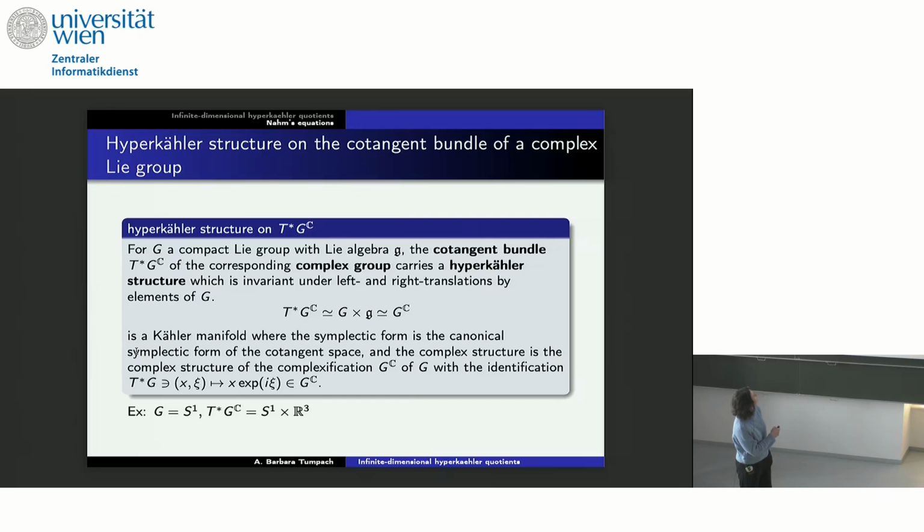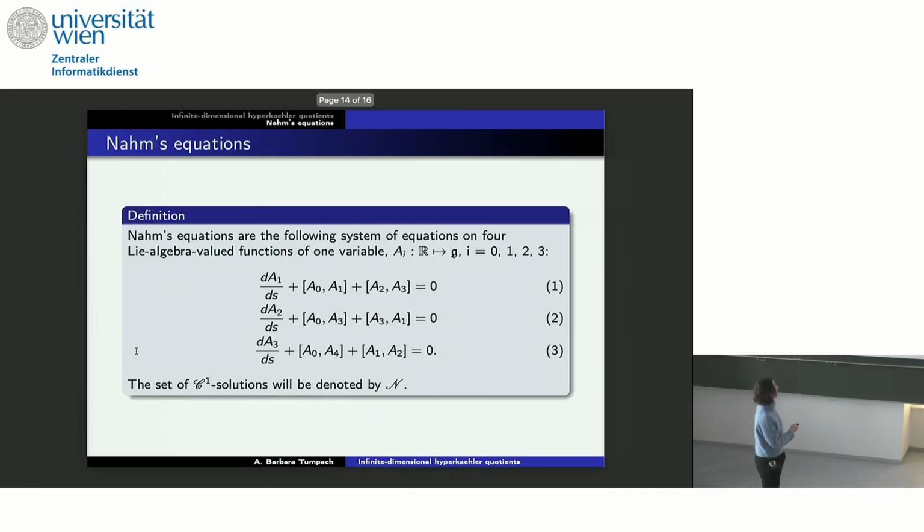You have a compact Lie group, and the cotangent bundle corresponding to the complexification of this group carries a hyperkaehler structure. And if you do this with S1 as a group, then the cotangent bundle of the complexification is S1 times R to the power 3. So this theorem